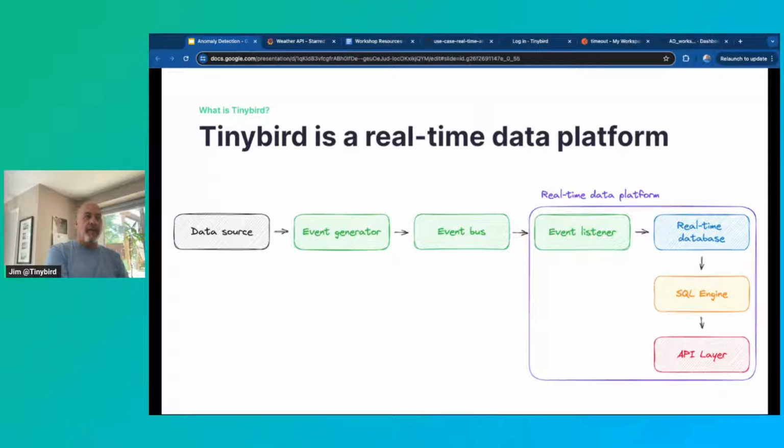In the Kafka world, you have this event bus that's managing one or more incoming topics, but it's also aware of who's listening, who's subscribed to those topics, and does the work of marshaling those events to the appropriate listener. And then you have the event listener that often gets loaded into a real-time database. It may get loaded into other databases at the same time, maybe into a data warehouse, something like Snowflake, who knows. And then once it's in that real-time database, which for TinyBird is implemented with ClickHouse,